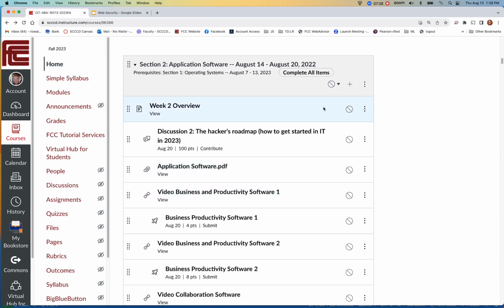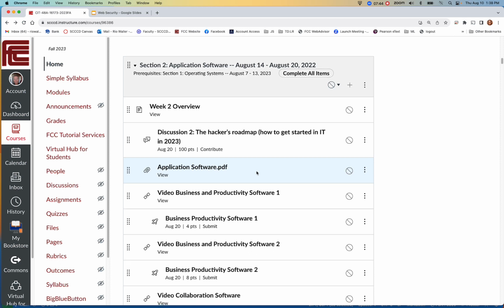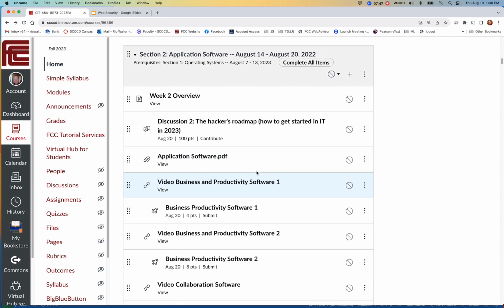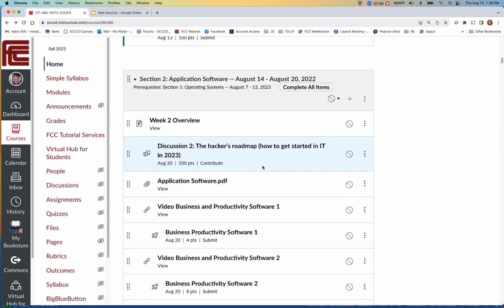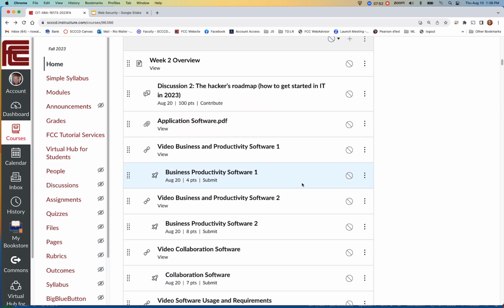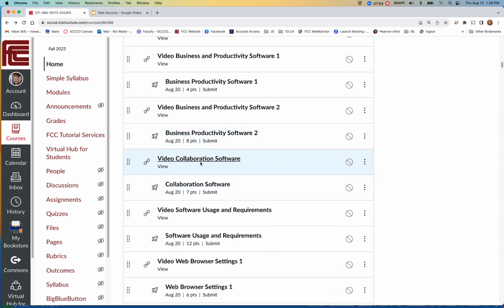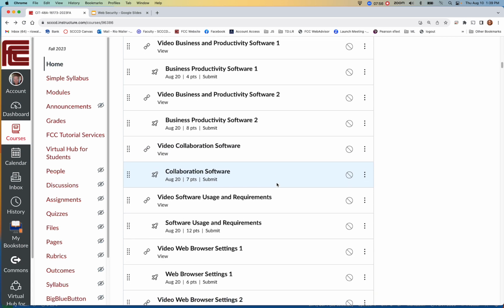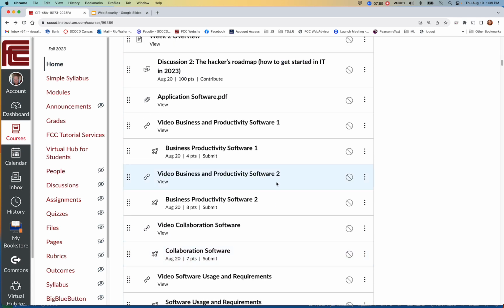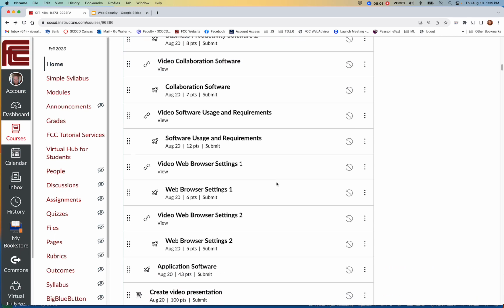So in this week, we also continue the idea of sequential content. Now, I did have a student who posted on Discord that they didn't get past the PDF because you have to view each item. What I found is if I scrolled through and I ended up downloading it, for some reason it wouldn't let you through that. So this section is all about application software, business productivity software, video. This is kind of apropos for what we're doing this week too, and I'll talk about that in a minute.